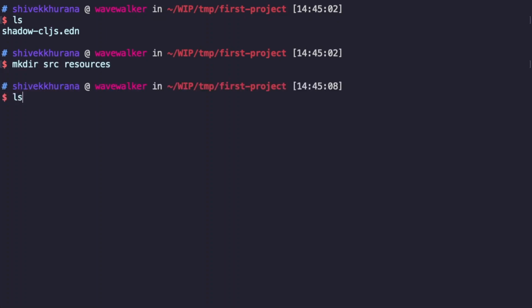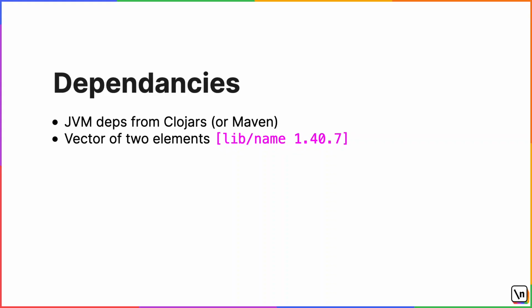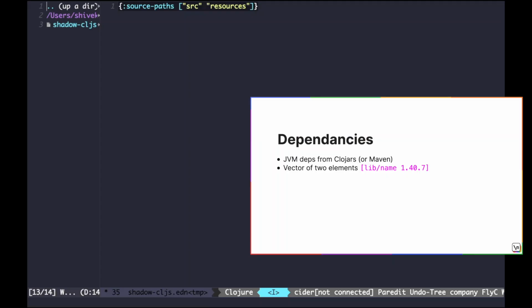Let's create them. The dependencies key-value pair is used to define the JVM dependencies of the project. You might be wondering why Shadow, a build tool for ClojureScript, has support for JVM dependencies. This is because you can write Clojure macros in JVM Clojure and invoke them in ClojureScript. It also helps with libraries that are written in both Clojure and ClojureScript and are distributed via Maven or Clojars.